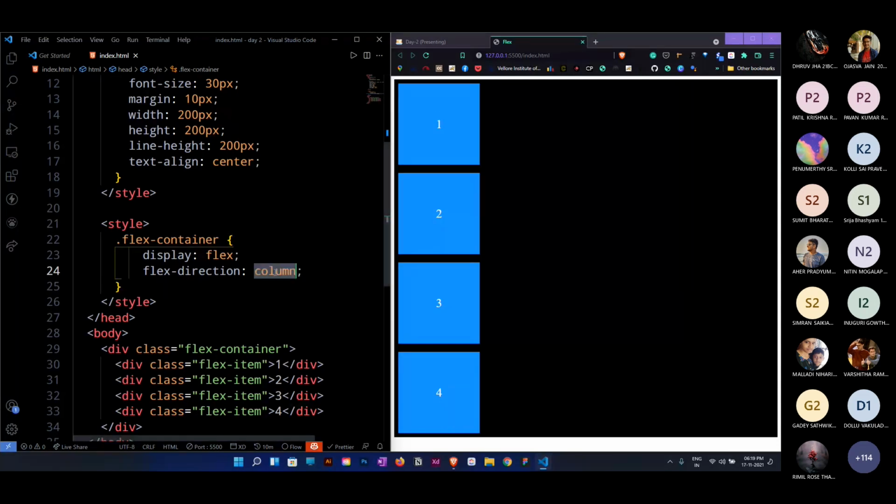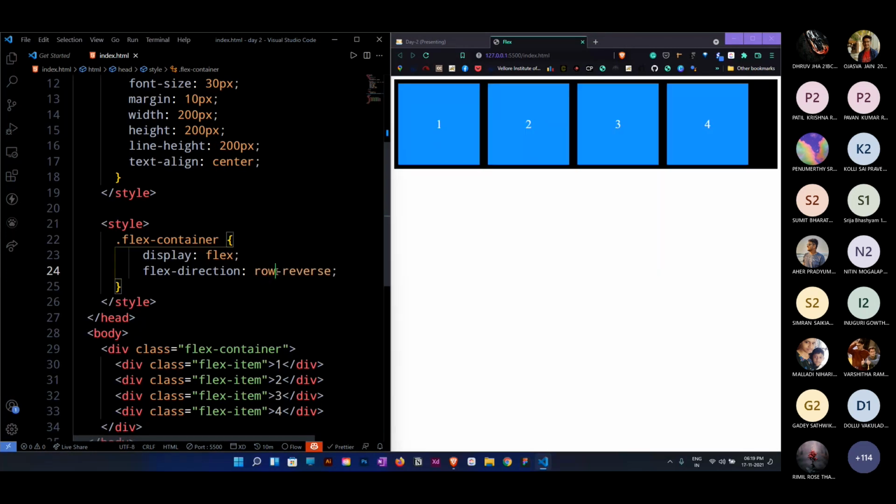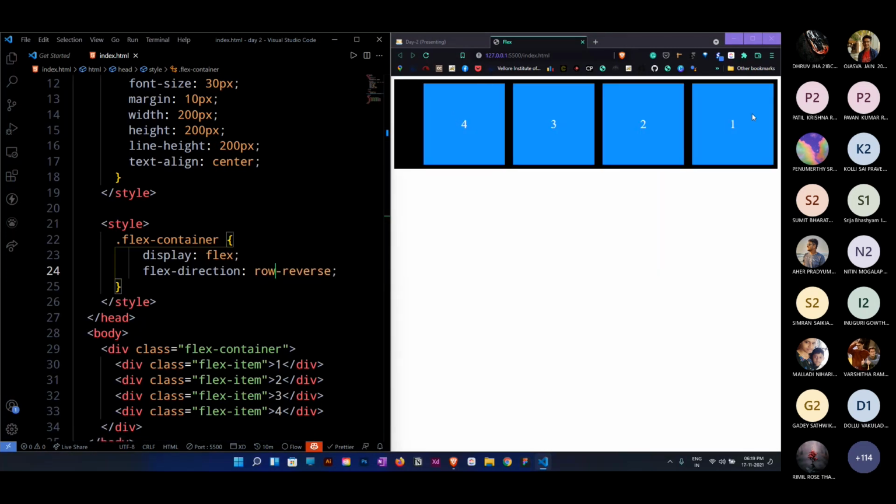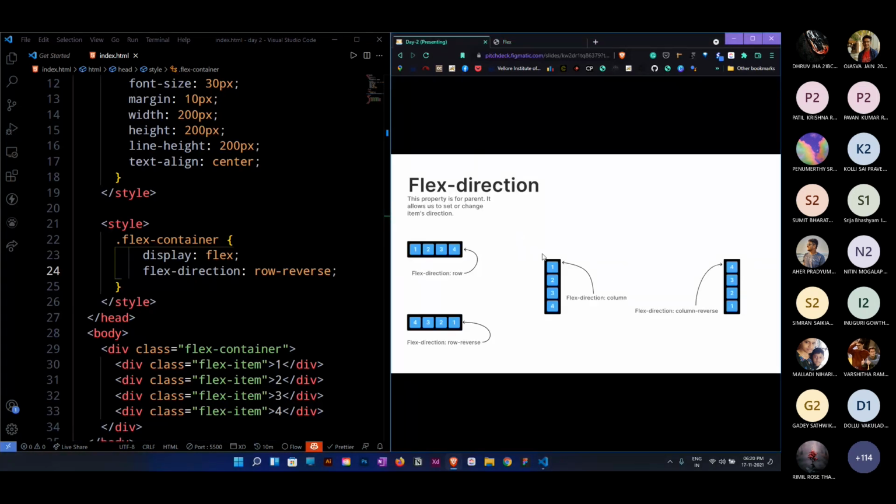And there are two other properties also, row reverse and column reverse. Let's say I will say column reverse. It will come 4, 3, 2, 1. And the same way we have row reverse. It will come in reverse manner, 4, 3, 2, 1, starting from the right end. These are the four different types of flex direction properties, as was in this slide.